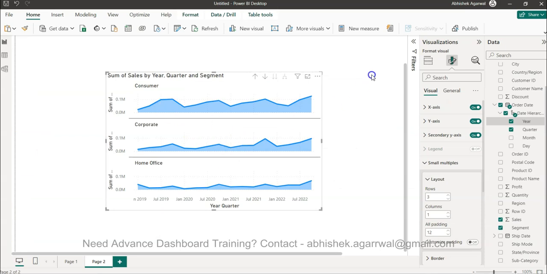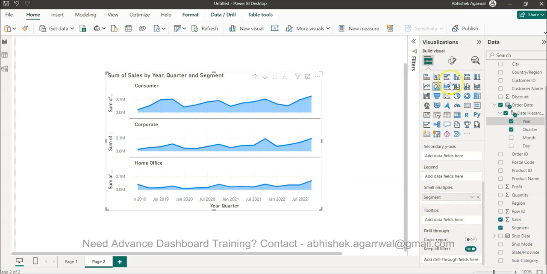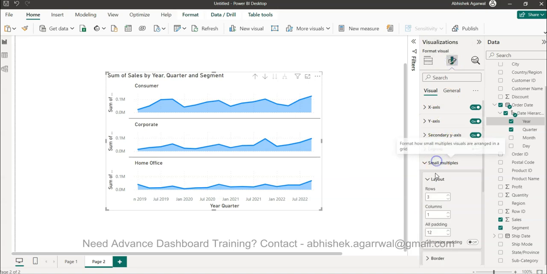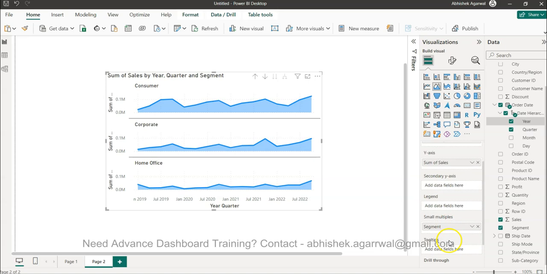So this is a small and straightforward trick just to remind you that you can use small multiples, then you can use the number of rows and columns that you need and get the desired behavior which you usually find in Tableau. So I was trying to create it. Initially it was not very apparent. After spending 10-15 minutes, I figured out, okay, I have small multiples, I can go and utilize it. So that becomes very easy for me, that I can go and create the same impact which I was creating in Tableau, especially when I need to transition, let's say, from Tableau to Power BI